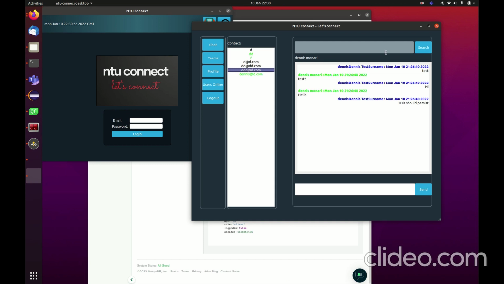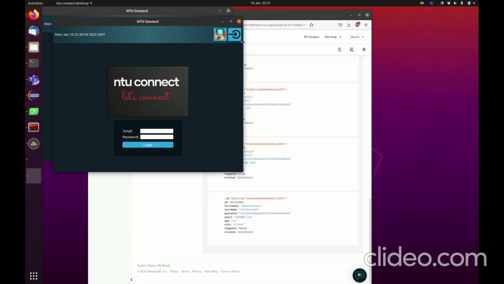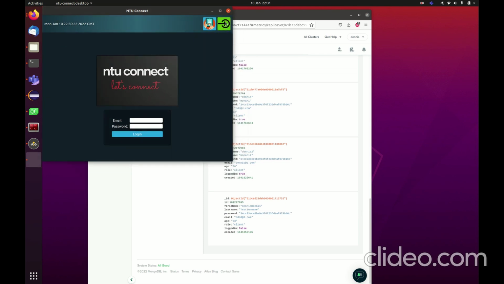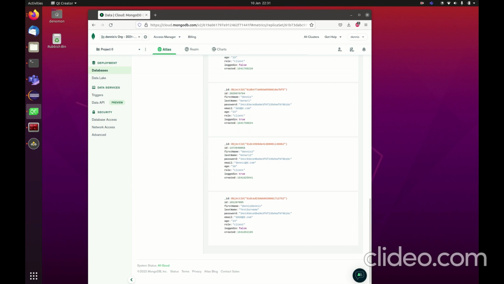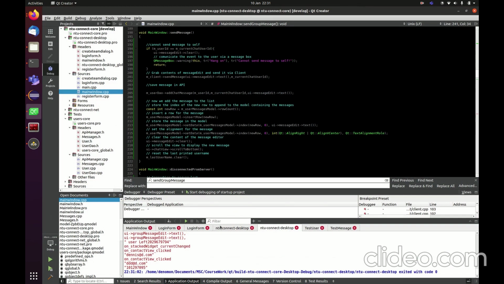We're now going to log out and proceed to exit. This closes the application completely, and in the next section we're going to talk about the backend code. As you can see, the IDE used is Qt Creator. This is a C++ IDE. It's really good for graphical user interface, and